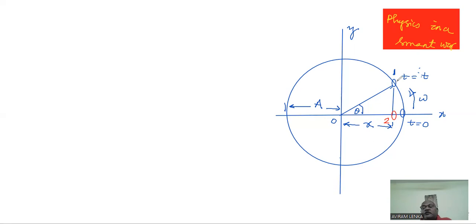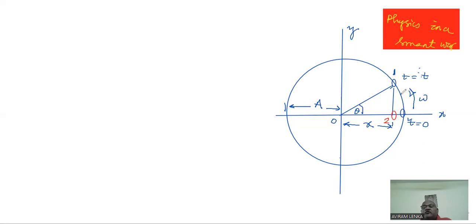The real motion is made by the body number one, which moves in a circular path in an anti-clockwise fashion, starting from this point, which I am showing, where the circle cuts the positive x-axis,